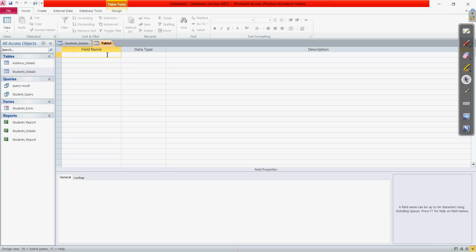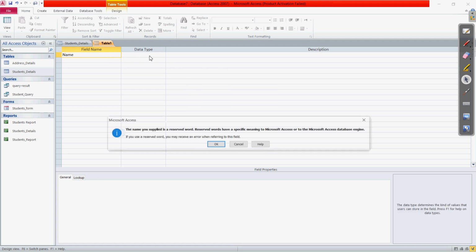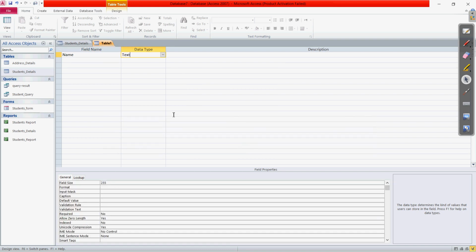For example, let us give some values. If we are making a database like name, so name will be something. Okay, here the name will be in the form of text. Clear? If you want to write the description, that can be written.